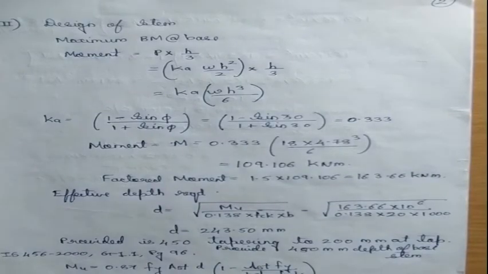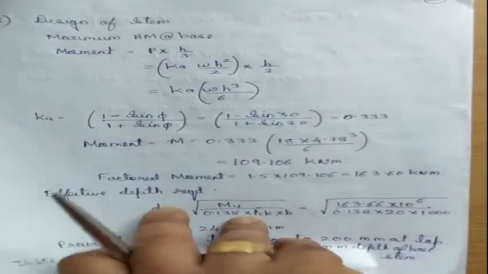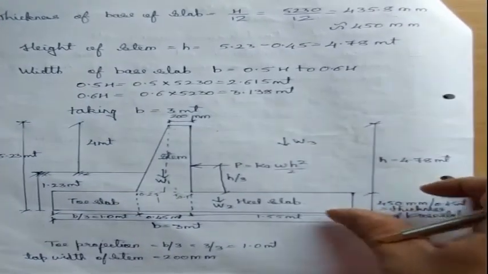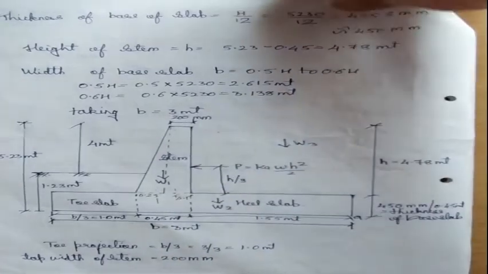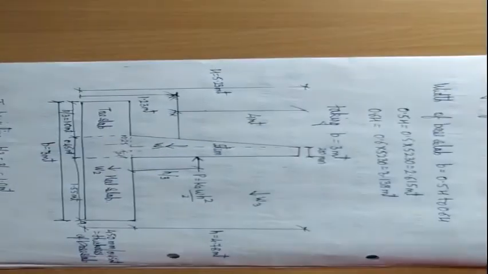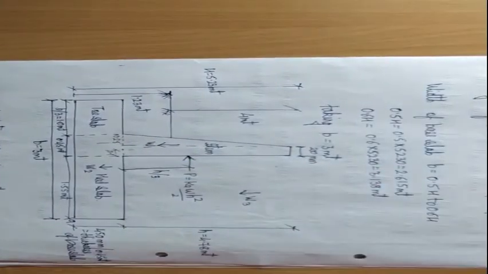Now, while designing, we keep into account this cantilever portion. So we will check how much is the bending moment. While designing the stem, we will keep in mind that however you have designed the cantilever beam, the same applies here. So I will project this as a cantilever portion. If I make it in this portion, this is as if a cantilever beam. So I will find out the moment. Let us find out the moment.